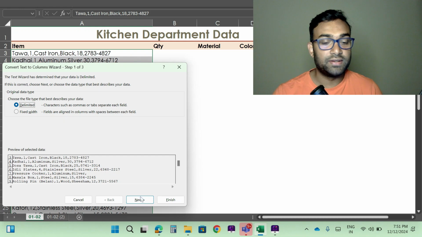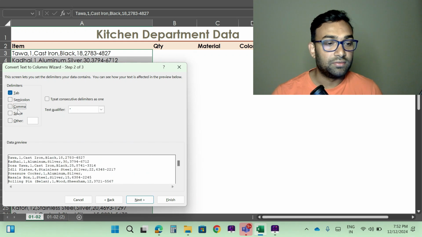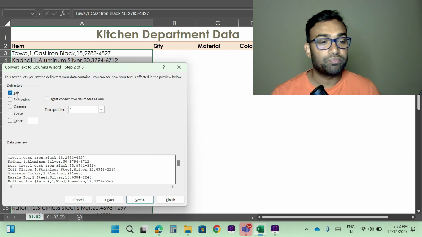This is the preview of my text, and now I will go to next. When I do next, by default it will be in tab only. By default it will be in tab only. Okay, now